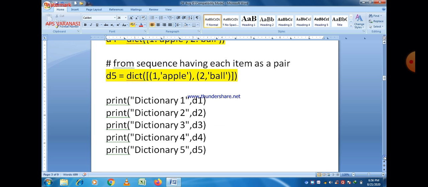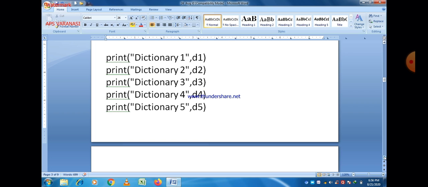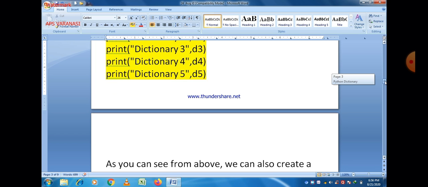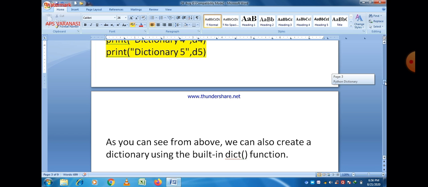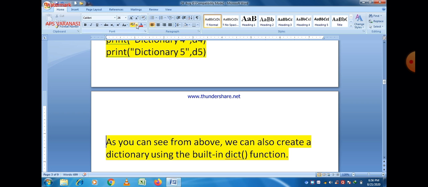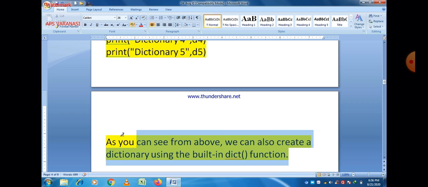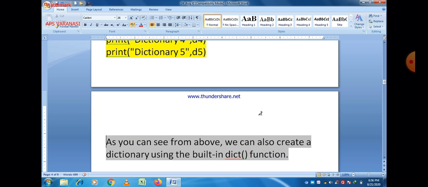Now there are different print statements: dictionary 1 D1, dictionary 2 D2, dictionary 3 D3, dictionary 4 D4, dictionary 5 D5. These are the different print statements. The most important thing you can see from above is that we can also create a dictionary using the built-in dict function.